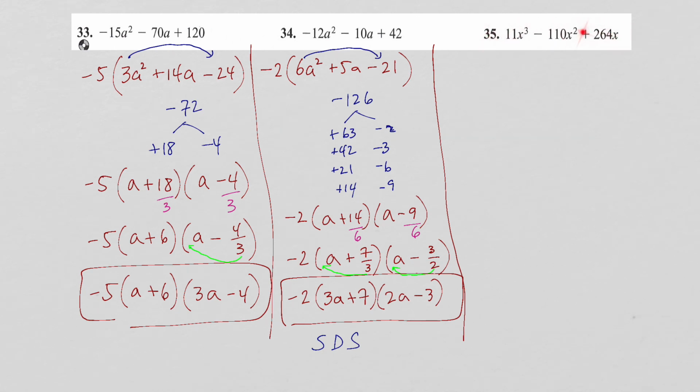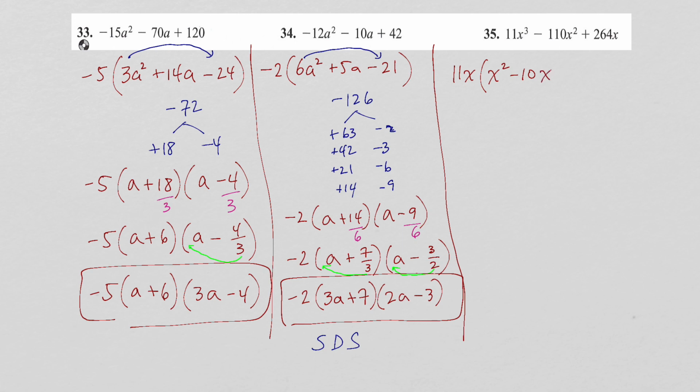I can see we can take out an x. I can see 11 comes out of here. I'm going to use a calculator to see if 11 comes out of 264. So 264 divided by 11 is 24. So I'm going to take out an 11x because that's what's common. That leaves behind an x squared minus a